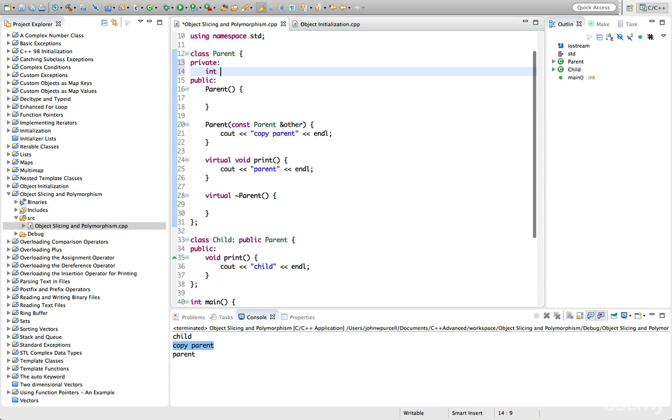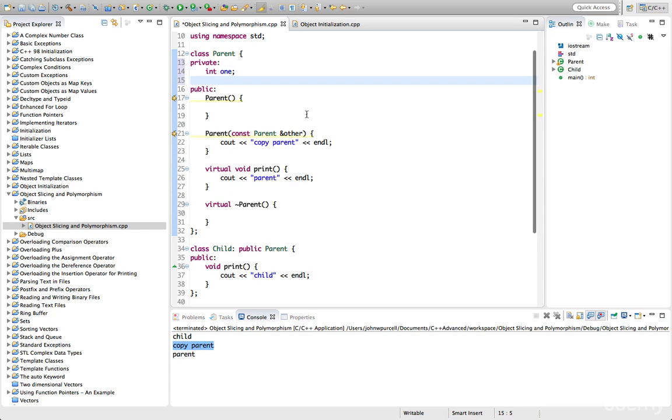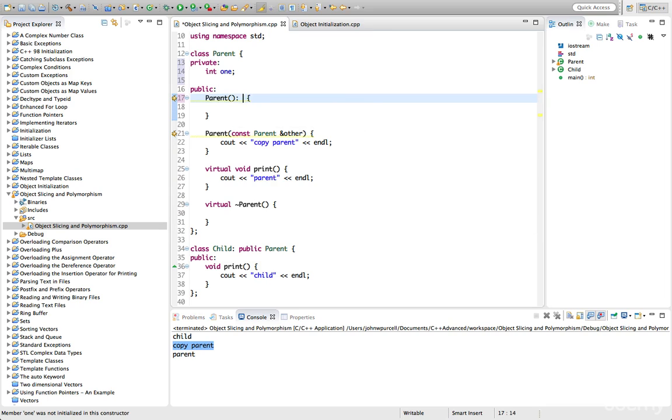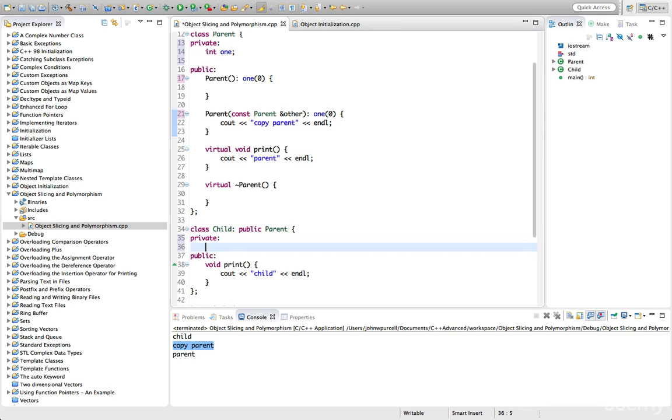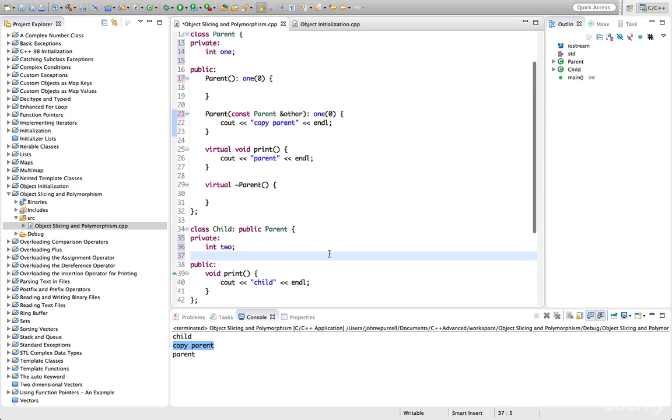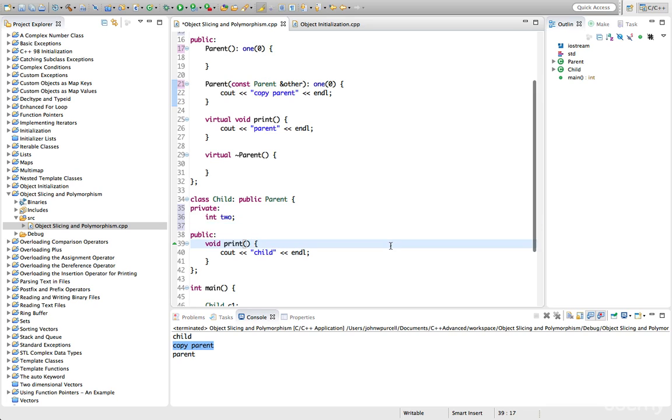Let's call it, maybe I'll just call it int1 and I'll make it an integer. We can initialize that just to get rid of the warnings here. Let's just set it to 0. We'll initialize it here as well, set that to 0, and I'll give child a private variable int2, like that. Now we can't initialize int1 here, so if I give it a constructor,